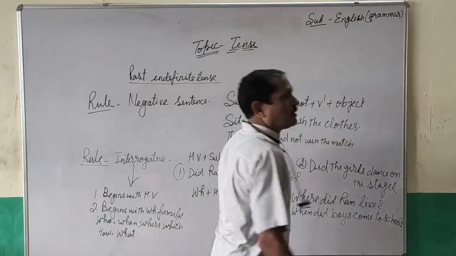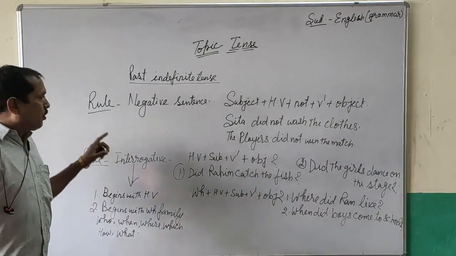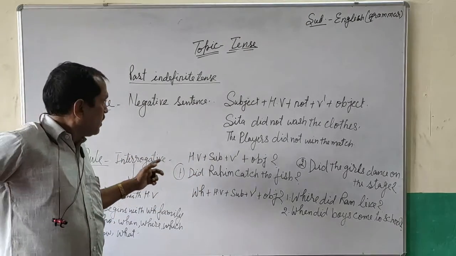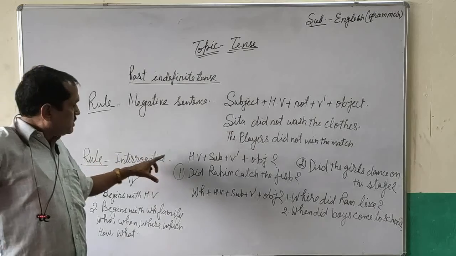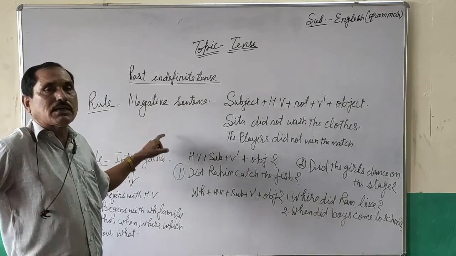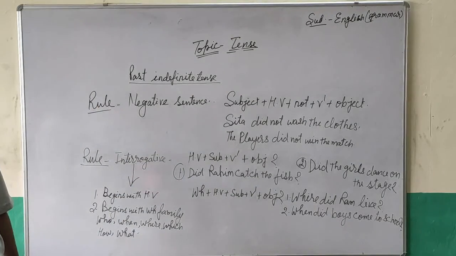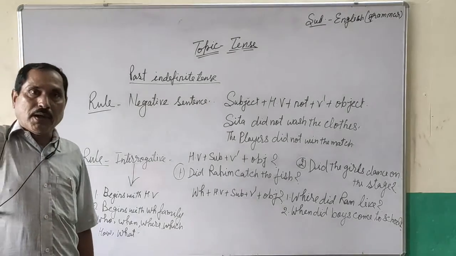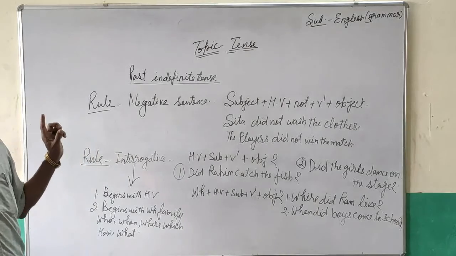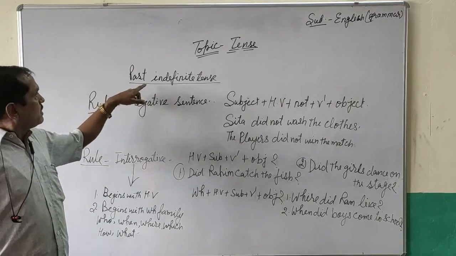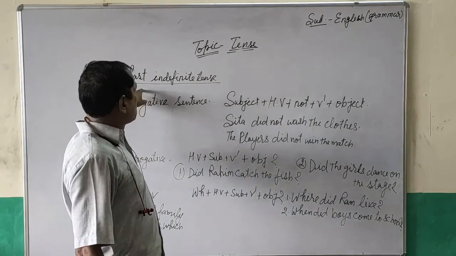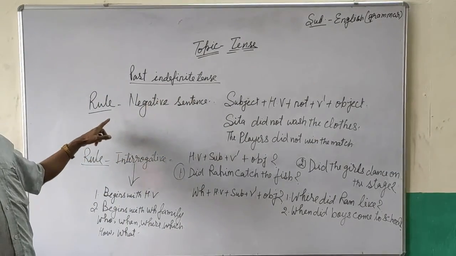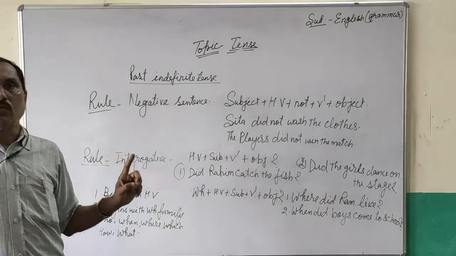Knowledge of tense is very important to learn English subject. It is used in the transformation of any sentence, positive to negative, negative to affirmative, affirmative to interrogative. Now your first kind of the past tense, indefinite tense, is closed. Thank you. Pause the video and write it in your notebook.